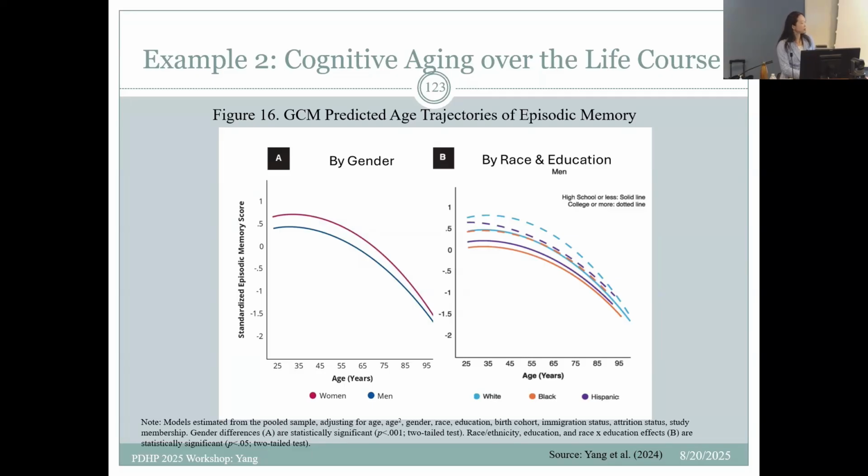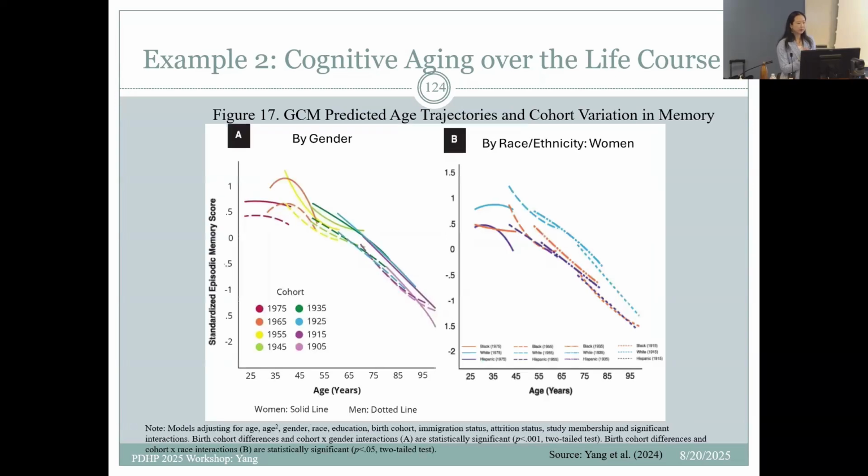We also found race and education intersection effects, where Black non-Hispanic males fared the worst, and highly educated white females fared the best. The gaps are largely consistent throughout the life course, with some reduction in old age. And this is evidence also for cohort variation in memory,